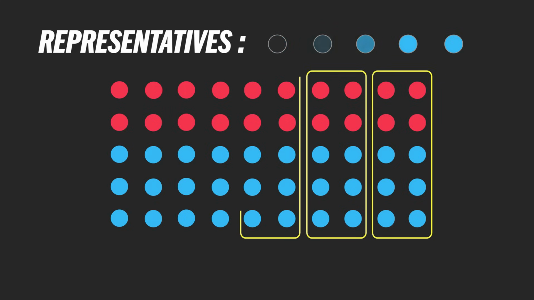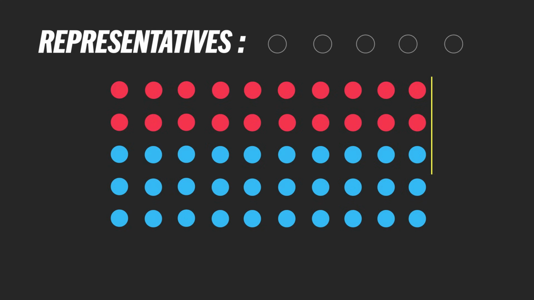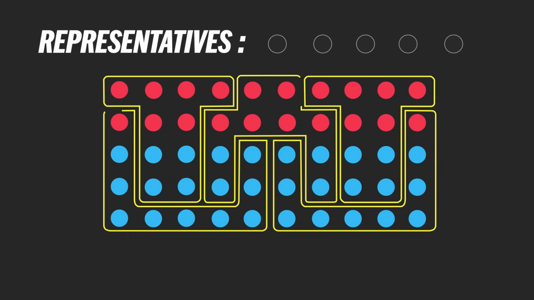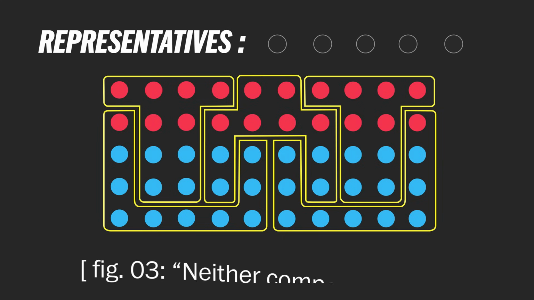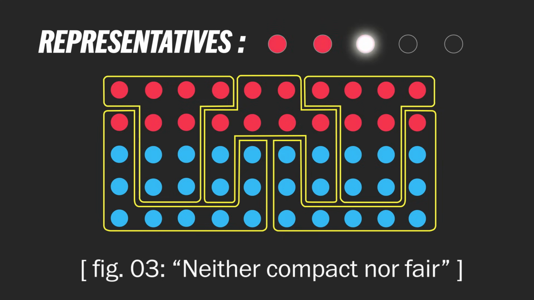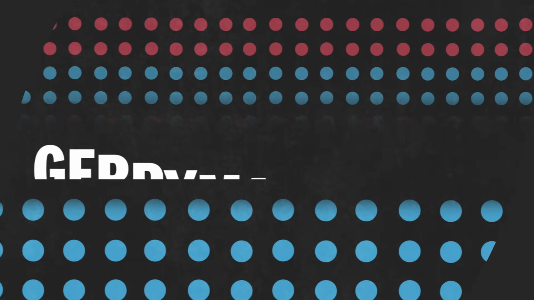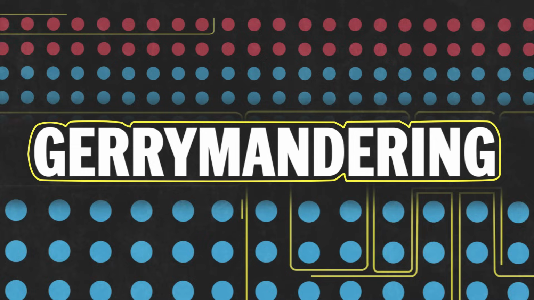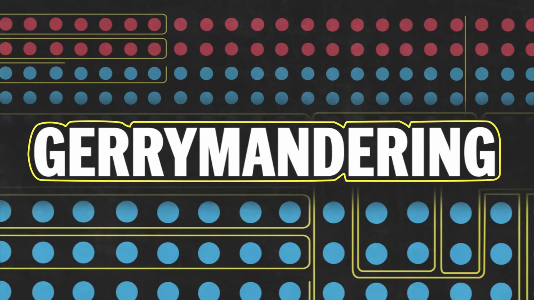Finally, what if the red party controls the state government? The reds know they're at a numerical disadvantage. But with some creative boundary drawing, they can slice the blue population up such that they only get a majority in 2 districts. So despite making up 40% of the population, the reds win 60% of the seats. Not bad. This process of redrawing district lines to give an advantage to one party over another is called gerrymandering,